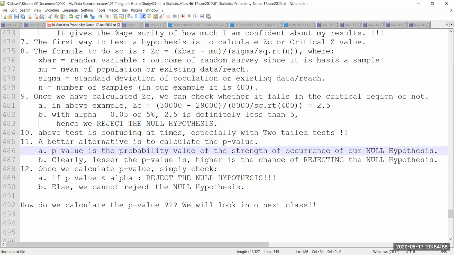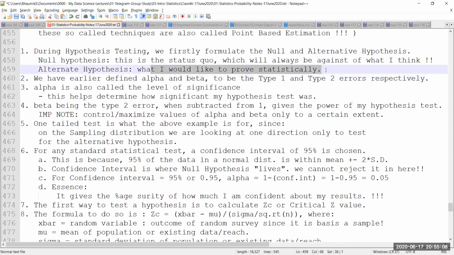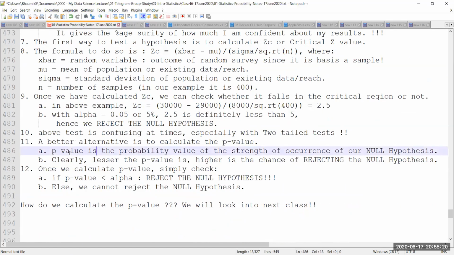That's all. The p-value is going to be the probability of how much the status quo is correct, which means how much I am wrong, how much my intuition is wrong. My intuition is what? The alternate hypothesis, what I would like to prove. It means how much this is wrong. So the opposite, the ulta, is the null hypothesis, how much the null hypothesis is correct. So my idea is what? Clearly, I have to minimize the p-value. The less the p-value, the better. The closer it is to 0, the happier I will be,